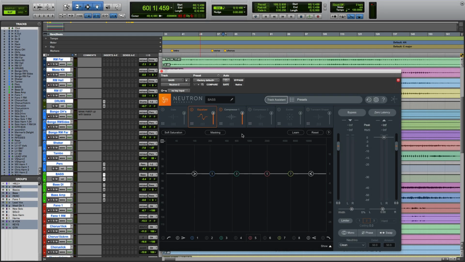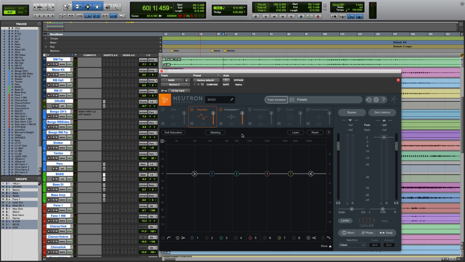When most people think of low-end masking issues, they worry about the kick and the bass masking each other. In other words, the kick and the bass competing for space in the frequency spectrum, which usually leads to a kind of unintelligible kick and bass and an overall swampy low end. While that's important to consider, it's also important to see if mix elements that we don't normally associate with bass, like lead vocals, keys, percussion, guitars, are also causing muddiness.